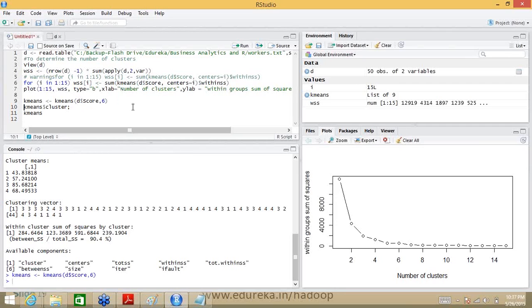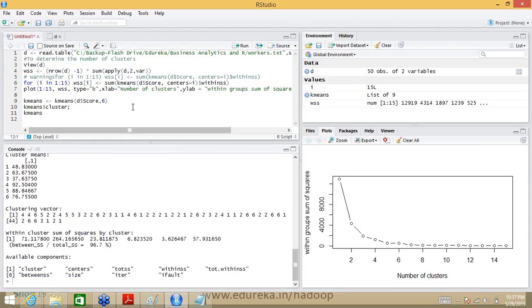Six, you find 96.7 percentage, right? This is my cluster strength, right? There are a couple of terms which I want you to understand as well,